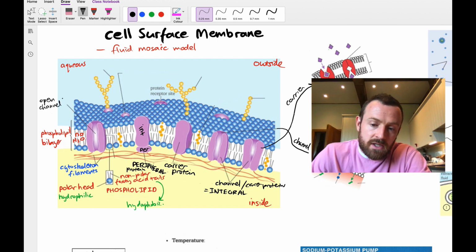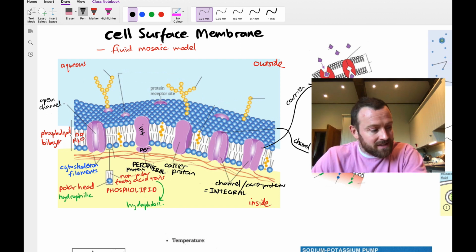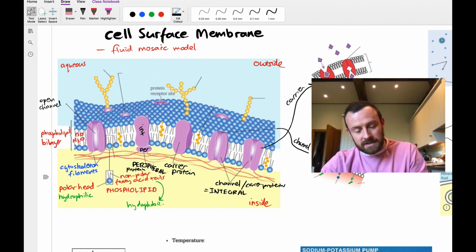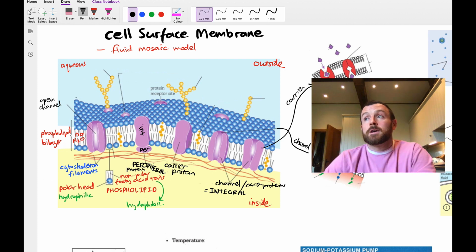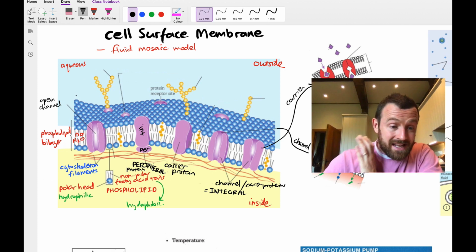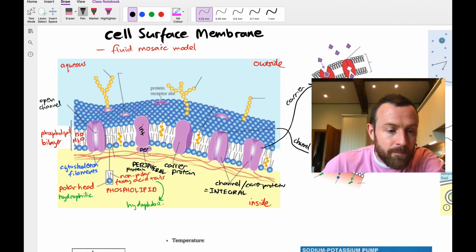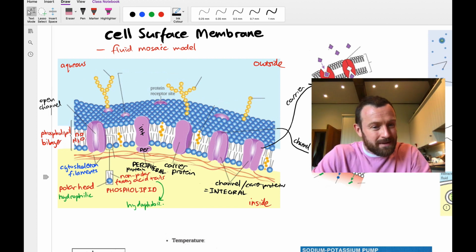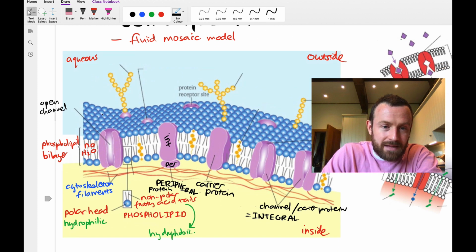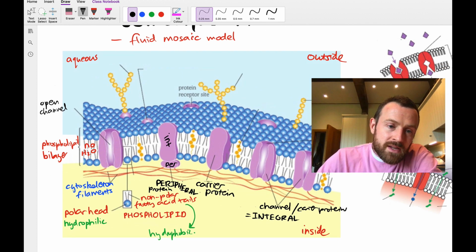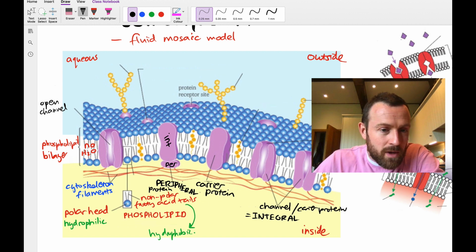And channel proteins can actually be very specific. So channel proteins can select which ions they allow down the center. So potentially, I'm going to zoom in a little bit more. This is going a little bit beyond that level of detail that we typically do at AS. This is kind of going into university level, but